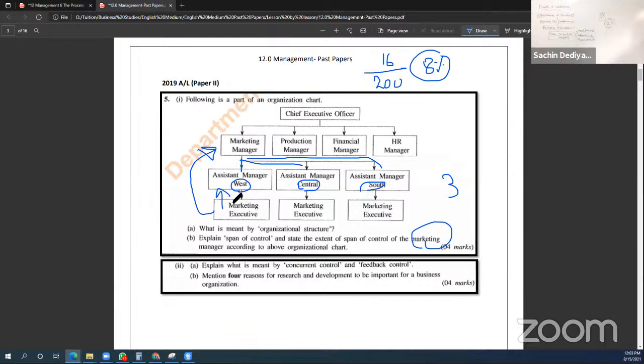So the answer is 3, and you need to explain that there's only direct reports that we consider, right? Not everyone under them. If you count everyone under them, there are 6, right? But all the immediate reports that we